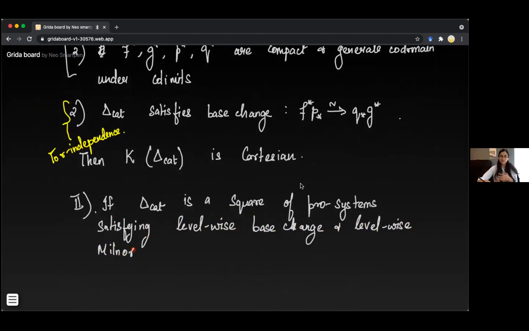So we'll call this the square having pro base change and pro Milnor. That means that you have an indexing for which it level-wise satisfies base change, and also there is some indexing of your pro system for which it is level-wise Milnor. Although these two may not be the same,